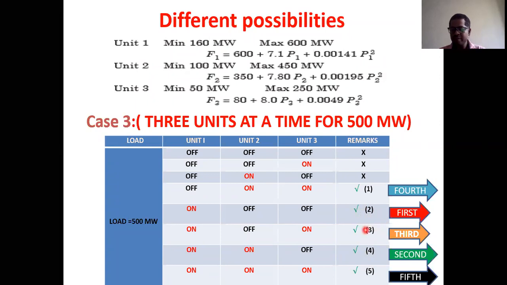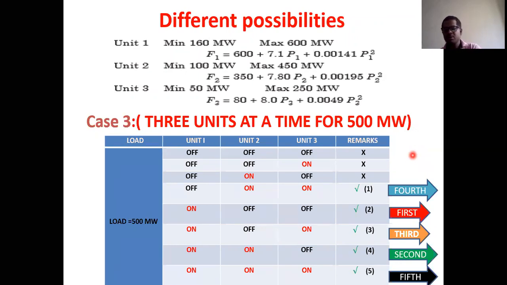Similarly, the third combination is also not economical when compared to the second combination, because you need to spend much more money. So like this, we can give the priority, deciding which combination we must use. This is the simple logic behind the first method, that is the priority list method. So understood, everybody?